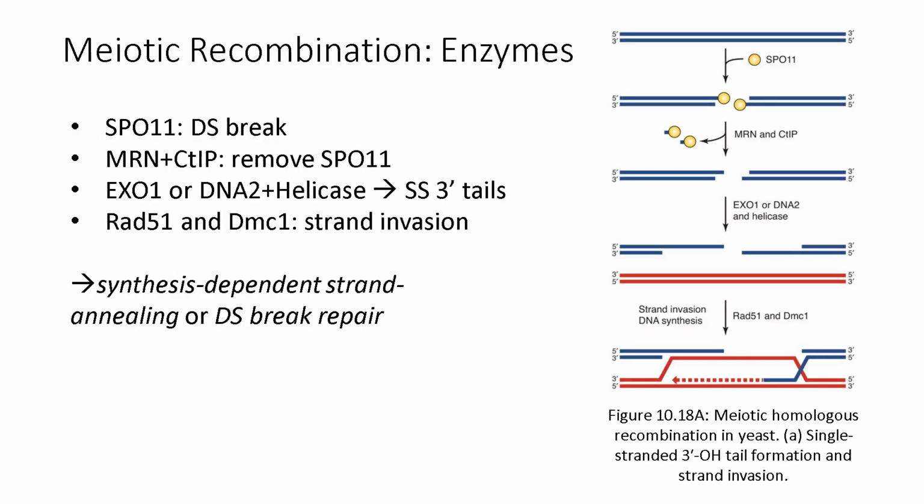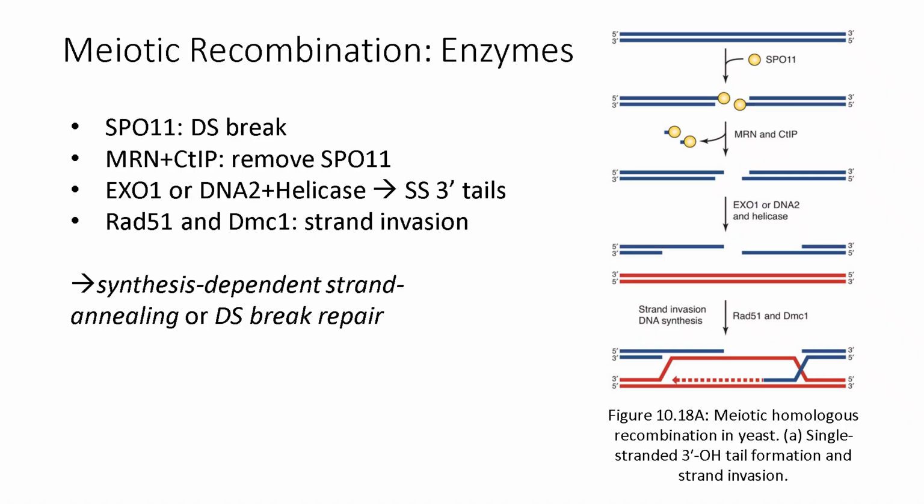Meiotic recombination relies on a coordinated set of enzymes that generate and process double-strand breaks. The SPO11 protein initiates recombination by creating the double-strand breaks required for crossover formation. Once SPO11 is covalently linked to the DNA ends, the MRN complex, along with CtIP, removes SPO11 and begins processing